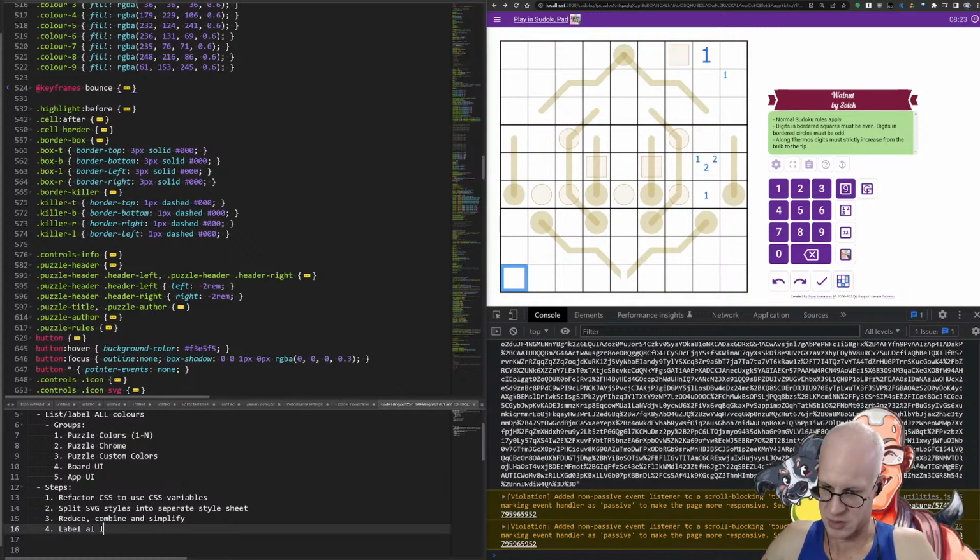Label all colors, label colors. So the idea is we don't have to label, like, I don't want it that I have to label 92 colors before I can do anything, right? I want to be able to label one color, implement that labeled color, make it customizable, and that one color now is customizable. And if we later find out that that color should affect other things, then we just update it, but that labeled color exists, right? And then eventually we create more and more of them, right? Label colors, make, so,